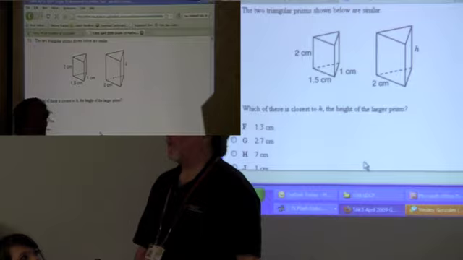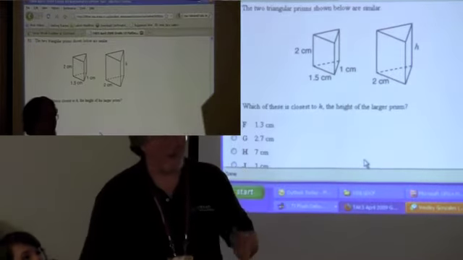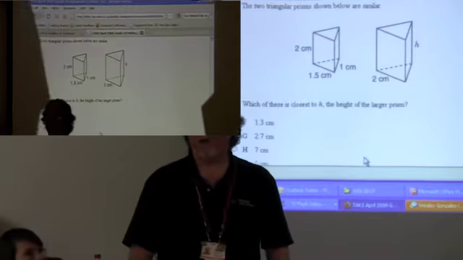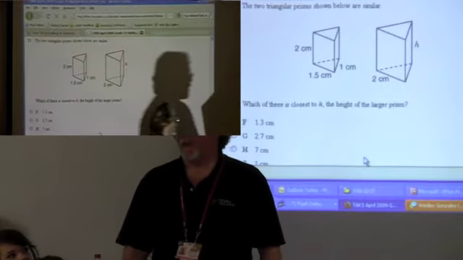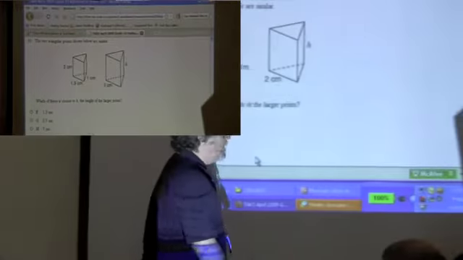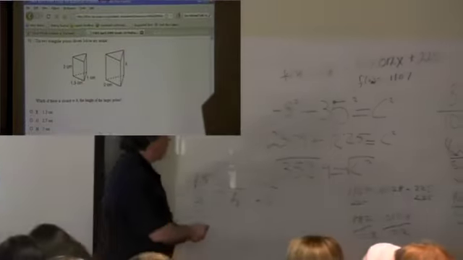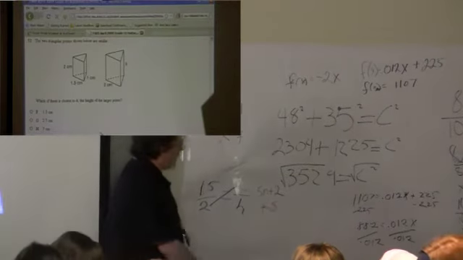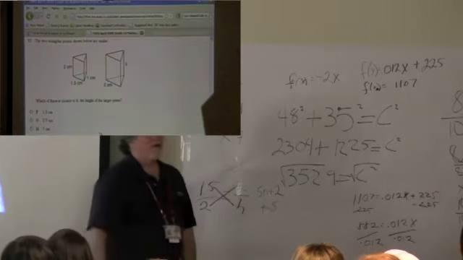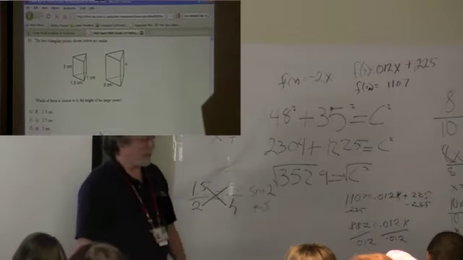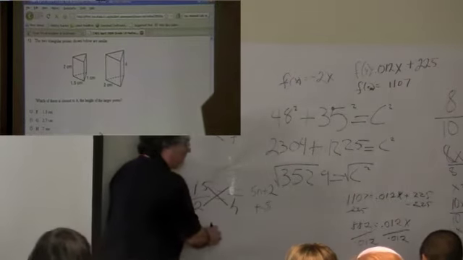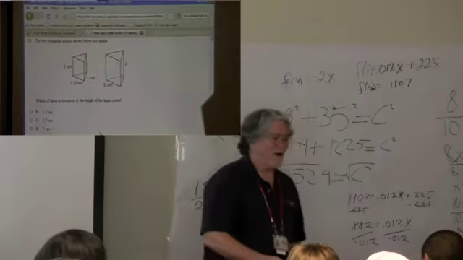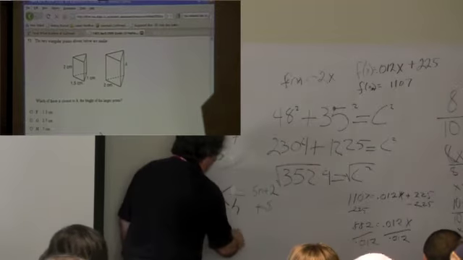In geometry class, I always want to say cross multiply, and then I slap myself. But that's not the correct way you do it. The correct terms are means and extremes. What we're going to do is a little bit of means and extremes work here. We're going to multiply these two together. Those are called the means. And that's going to be equal to multiplying these two together. Those are the extremes. So when I multiply these together, I get 4. Hey, I can do that one in my head. 2 times 2, right? 4. And then that's going to be equal to